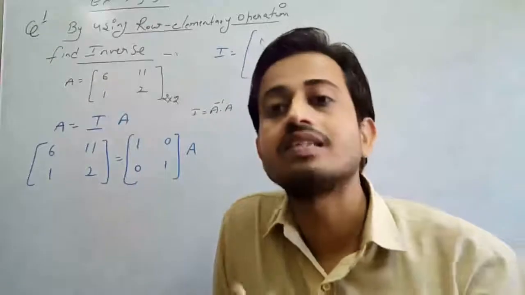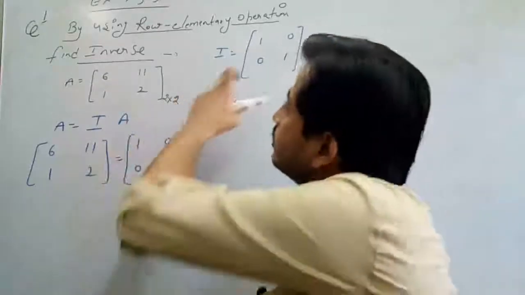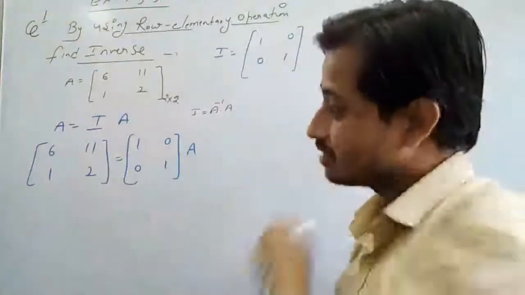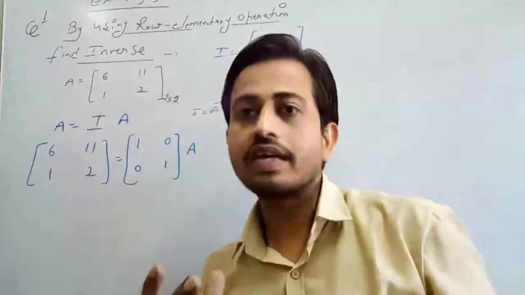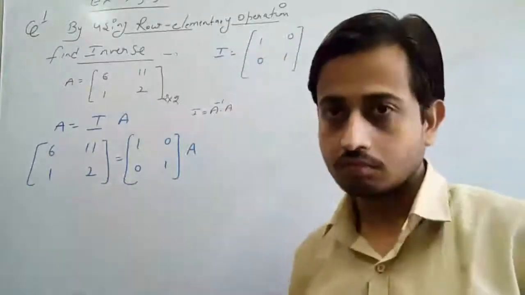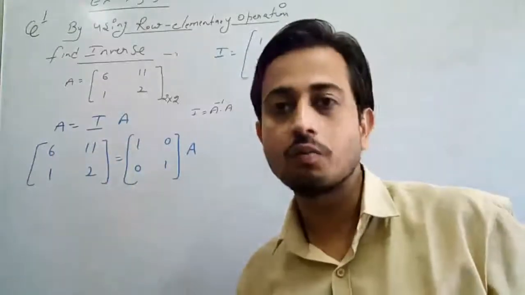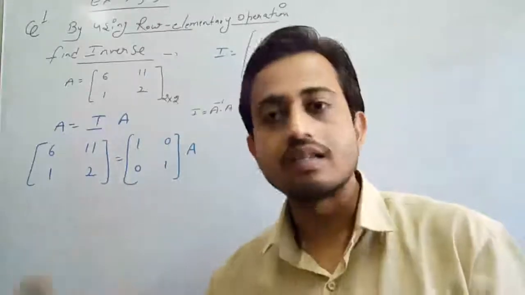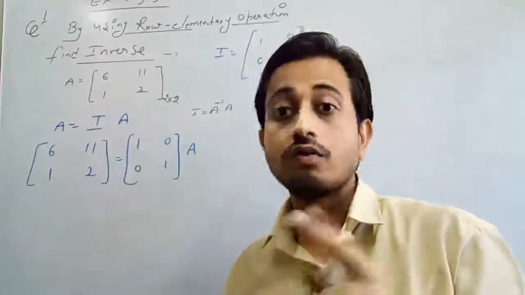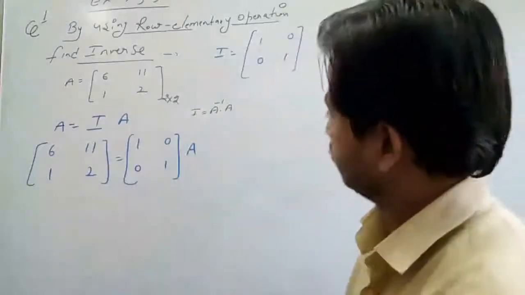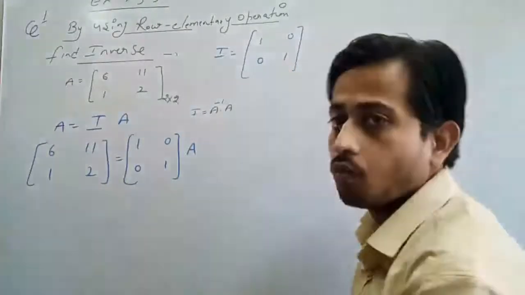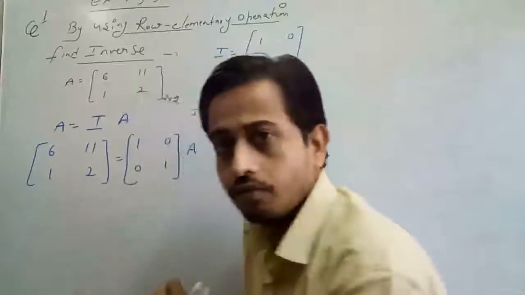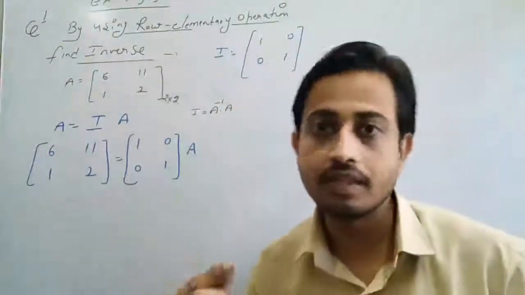So it is not necessary to always make the first element 1. You can do it from anywhere. It's very easy. Firstly, we have to choose how we can obtain these elements very quickly. If the first element is not possible to make 1, then try the second element. If the second is not possible, try the third, then the fourth. You have to increase your thinking power. Here we want to get 1, and this can be easily obtained. If we subtract 2 minus 1, we get 1.